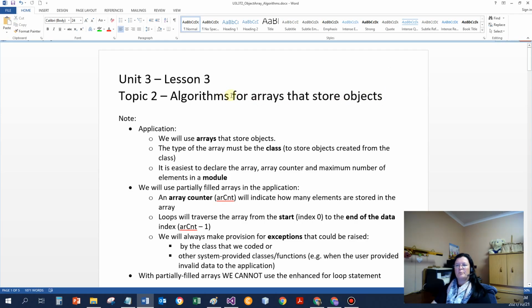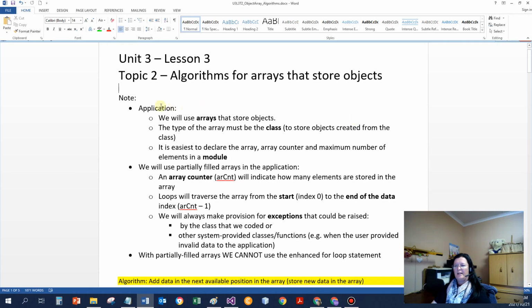Algorithms are great. They provide us with the basic steps that we need to follow. So these are really helpful to beginners. In our application, we're going to use arrays to store objects. Do remember, the type of the array must be the class. So, we will have public in the module, array students as student, not as integer, as student, or as person